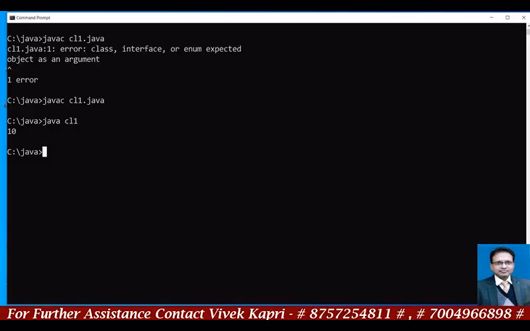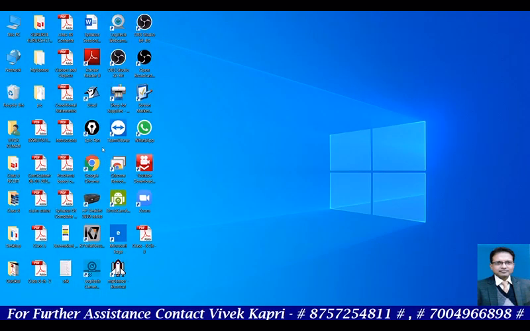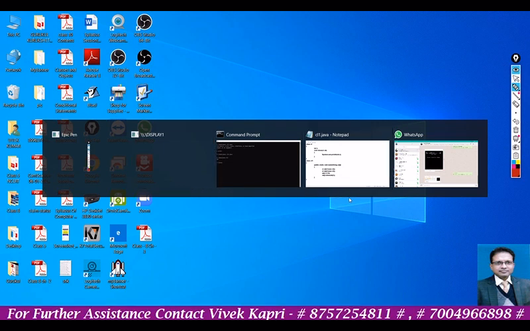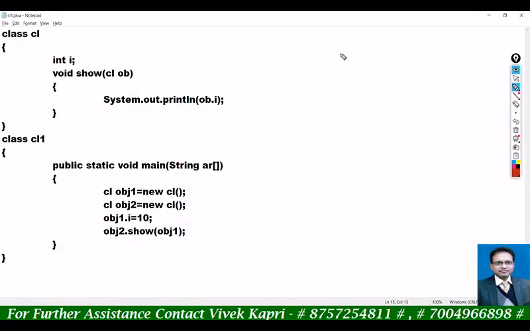Let's wait, I'm just opening the marker. What's happening here? I told you that as you create an object, create a box and give it the name obj1, and a second box, obj2.